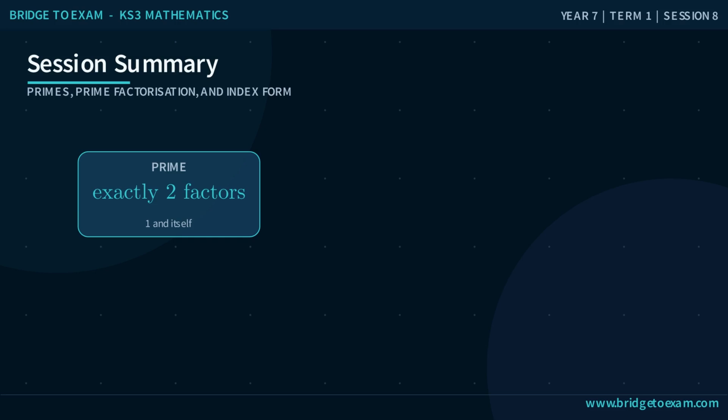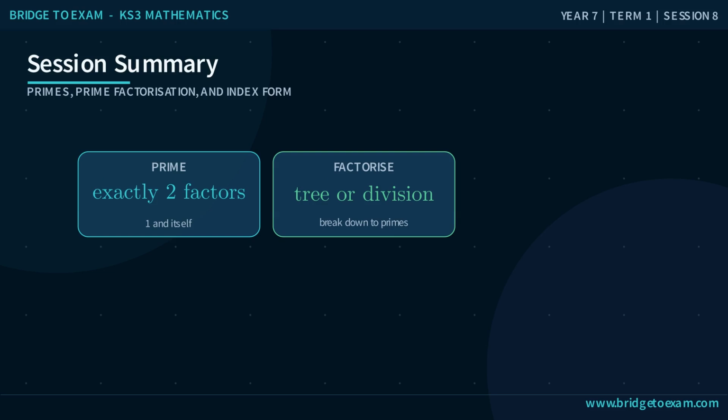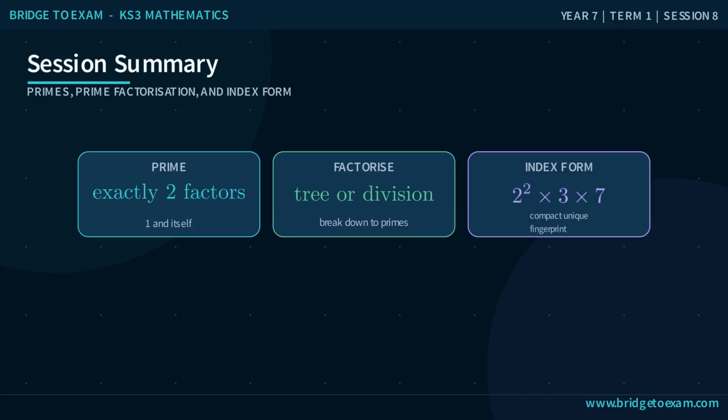Let's finish with the method. A prime number has exactly 2 factors, 1 and itself, and 1 is deliberately excluded. Every composite number breaks down into a unique set of prime factors, found with a factor tree or repeated division. Write that prime factorization compactly using index notation, and remember it is the foundation for the highest common factor and lowest common multiple, our focus for the next 2